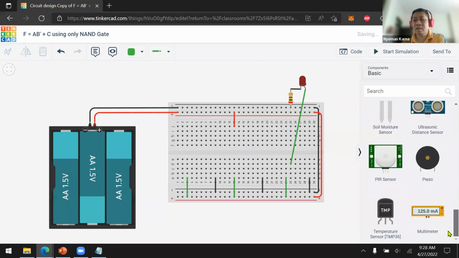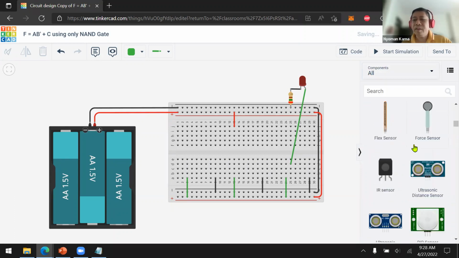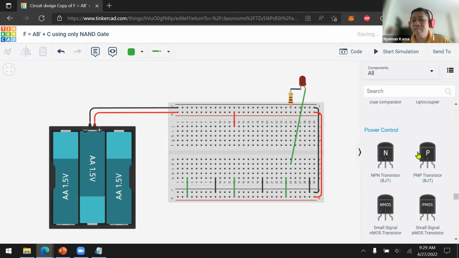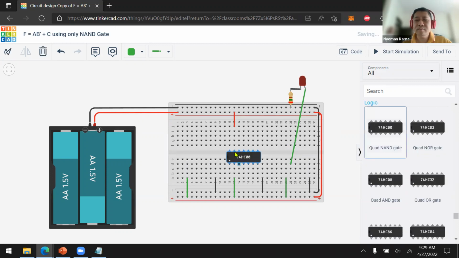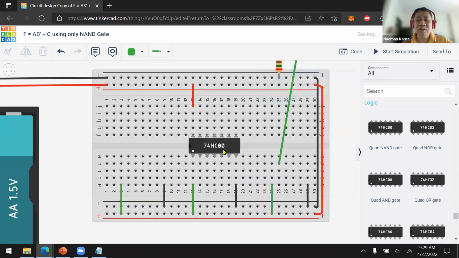Now, NAND gate. NAND gate, where are you? Okay, this one, NAND gate. I already gave power to 7400, which is the NAND gate. This is for the power. This is also for the power. We don't need this one. We don't need this one.